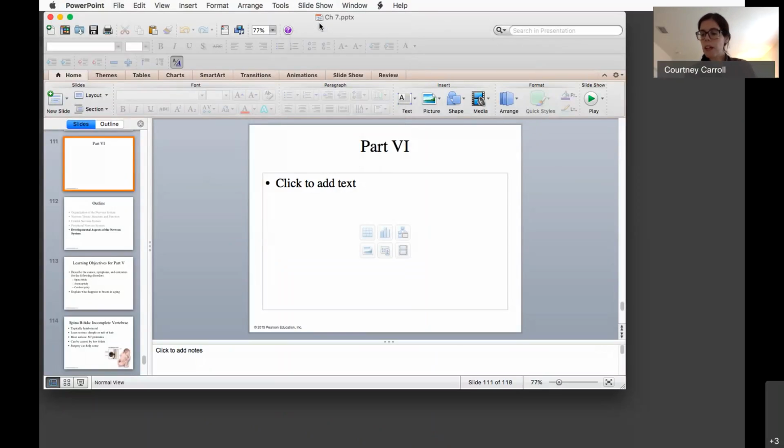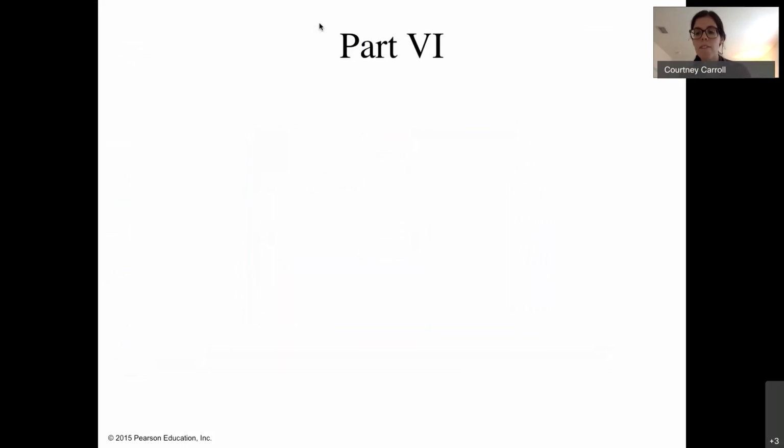Okay, so when we left off last class, we had finished talking about the peripheral nervous system, and we had talked about our spinal nerves and our cranial nerves, and we had gone through briefly the cranial nerves. It's important for you guys to know your cranial nerves. I gave you some mnemonics to help you. I know it's a large chunk of information and it can seem a little daunting, so you want to break